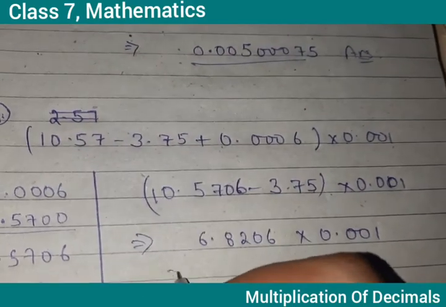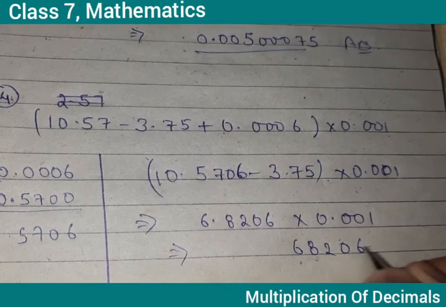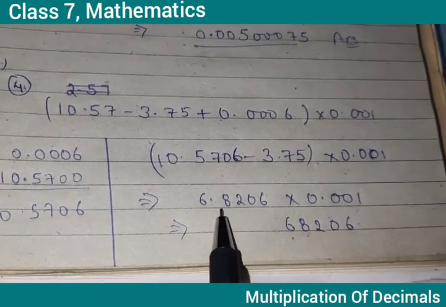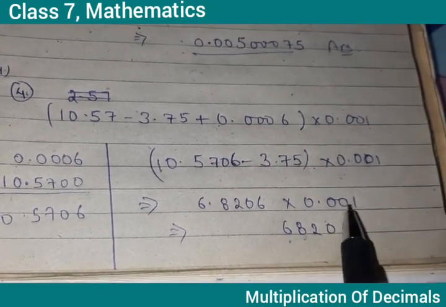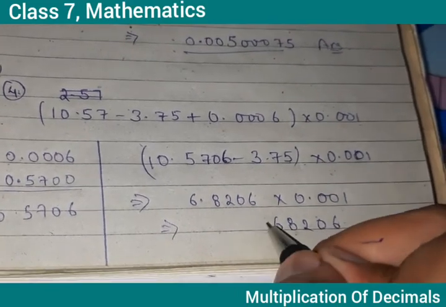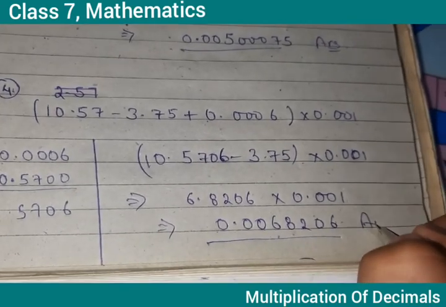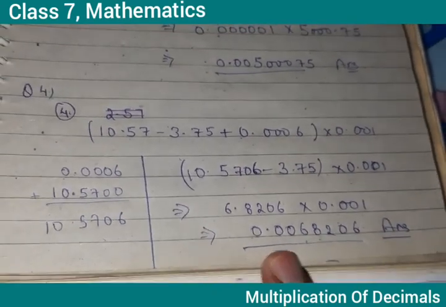Now when we multiply it, see, count the number of decimals. 1 2 3 4 5 6 7. Start counting from the right. 1 2 3 4 5 6 and 7. This is the final answer. 0.0